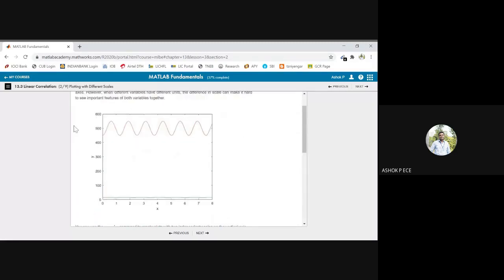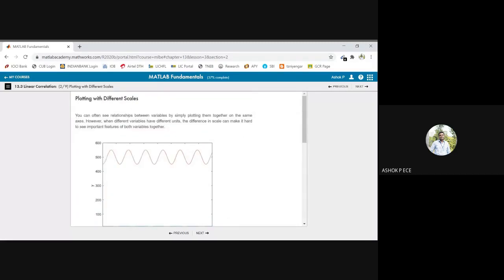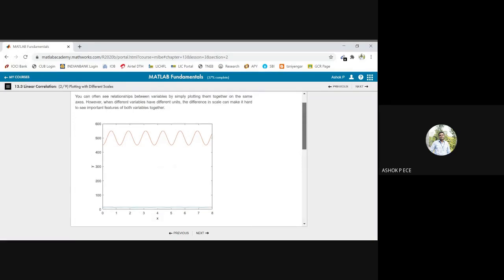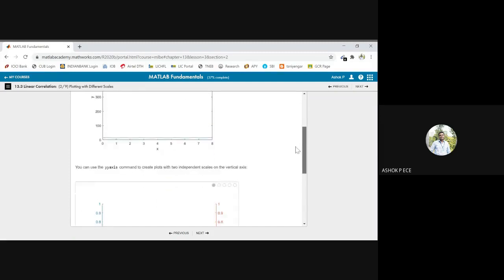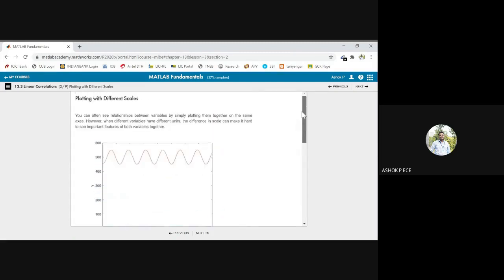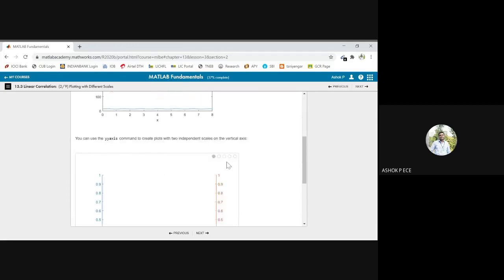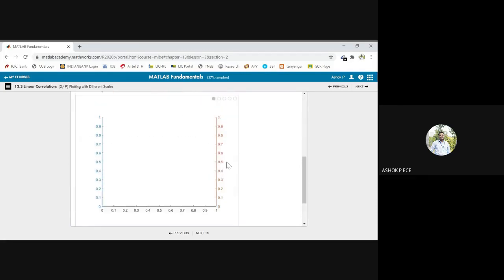So see here, you can often see the relationship between variables by simply plotting them. One way of visually seeing them is plotting them and seeing whether both the variables are correlating or not. So here you can see two variables, and you can look at them and say whether they're correlating or not. But you see here both of them have different scales. One is lying in the 400 to 600 scale, and one is lying from 0 to 50 scale. So it is difficult to see the properties of these two, right? So for that case, MATLAB has a separate